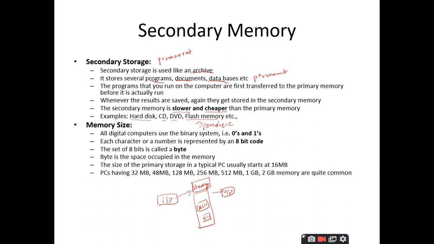Other than these two RAMs, we have other RAM which is called cache memory, which always stores the frequently accessed instructions. And the last one we have discussed is the secondary storage, where a lot of examples like the hard disk drive, flash memory, pen drive, CD, DVD can be given, and it is permanent in nature. Whenever you want to store the contents on a permanent basis, you have to go for the secondary storage only. So that's all for today's session.